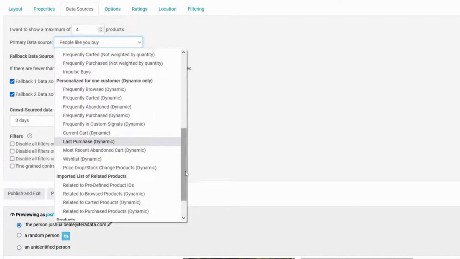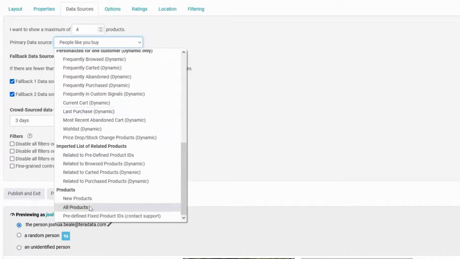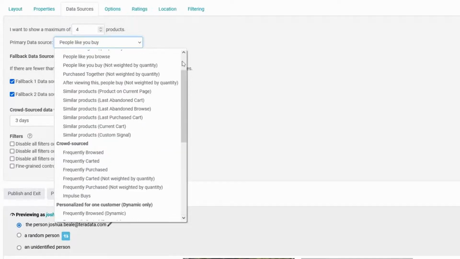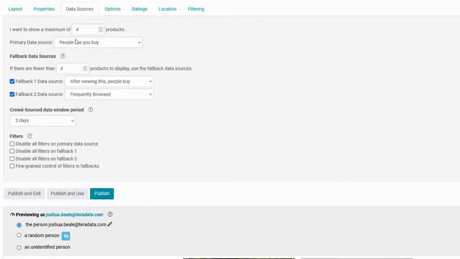And then there are also opportunities to do some deeper stuff here around all products and new products, just showing newness from the site. These can be pulled through into recommendations. And again, if you want to, you can have some control over product recommendations and actually fix your own product IDs as well. So for the purpose of today's campaign, we might start off with the people like you buy rec at the start,